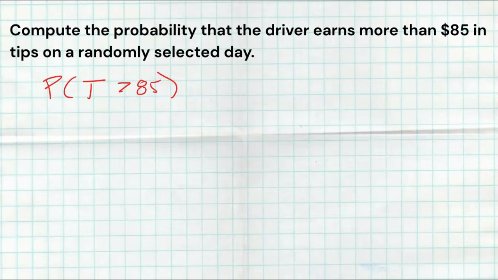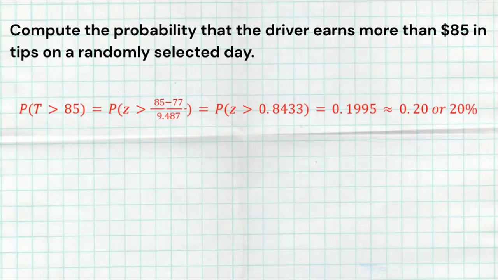So here's my work for that. The first thing I'm doing is I'm once again stating that I'm trying to find the probability that the total is greater than 85, which would be equivalent to a z-score being greater than the z-score for 85. So there's my work showing the z-score. I took 85, I subtracted the mean, that's the $77 that we already calculated, divided by the 9.487, that's the standard deviation we already calculated, and that gave me a z-score of